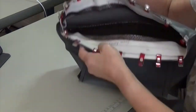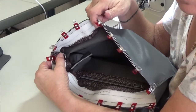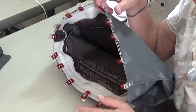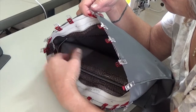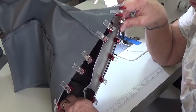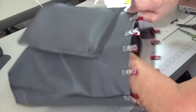All right, so I fixed my facing. And all I did was come in 1/8 of an inch from my first seam that I made on each side. Took out the previous seam, picked that out. Put the tape on again. I trimmed, smashed it down. Same thing on the other end, 1/8 of an inch. In, tape, trim. And now I have it inside of my lining, the right side of my lining,